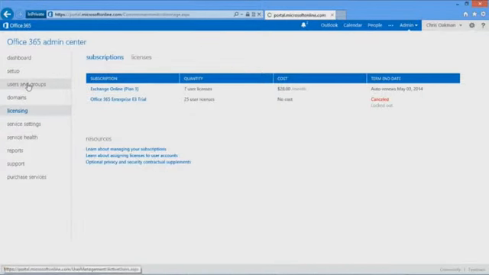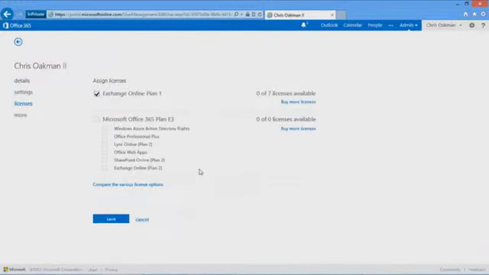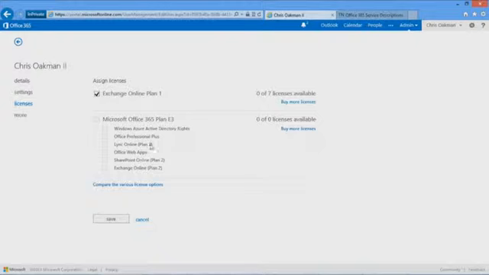If I go and look at my users, and if I look at myself, it doesn't really make a difference which one. Right now I'm on the Exchange Online Plan 1. This was the trial, so I can't activate that because it's not available. But as you can see out of the E3, I can assign different permissions, and every plan that I have purchased would be appearing on this screen. So if I had purchased just Office Professional Plus because I had one user that didn't need a mailbox but needed Office, we could do that as well. Okay.